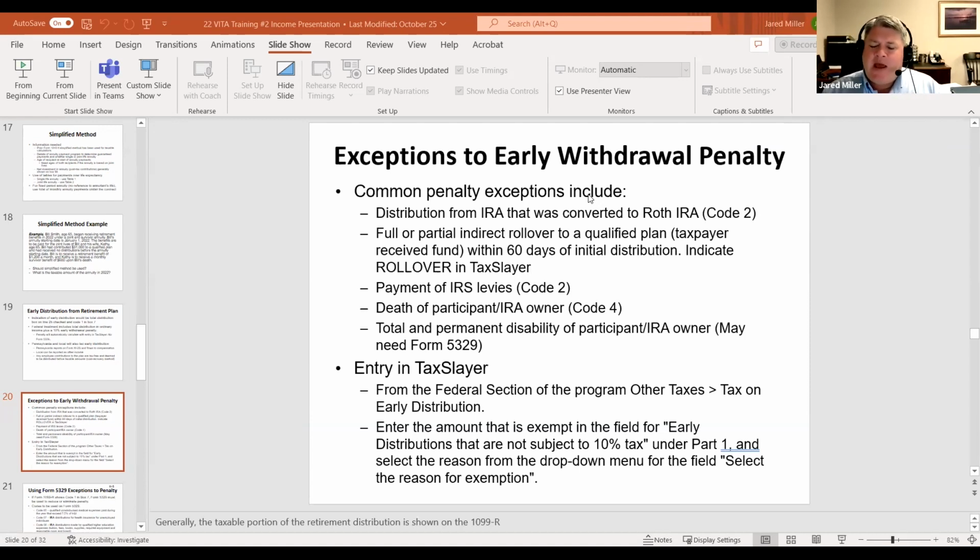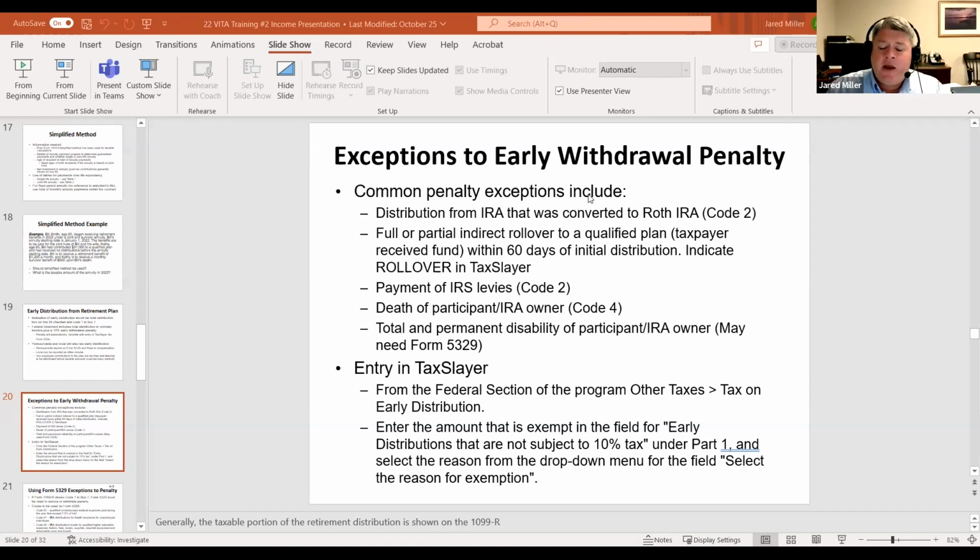The other option we have would be if you rolled accounts over. Typically, a direct rollover is the best way to go. That's going to go from plan sponsor to plan sponsor. There's no taxability at all. It works out very nicely. However, you may have an individual, and I've had this happen with clients, that says, I'm going to take money out of my retirement account. I need a little bit of cash real quick. Maybe I have to settle on a property. And once I'm done, I'm going to put the money back into my retirement account. That is fine. You can do that.